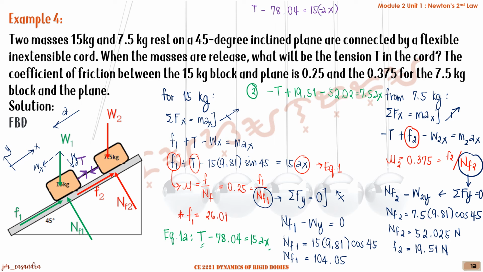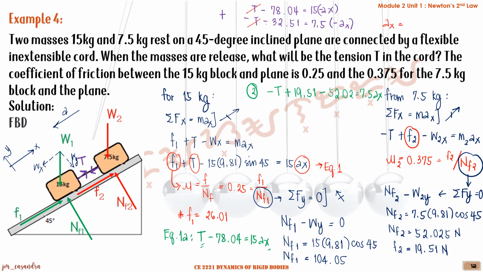And then we have negative T, 19.51 minus 52.02, negative 32.51 equal to 7.5. So it's downwards also, so it's negative ax. So eliminate T by addition. So we get now